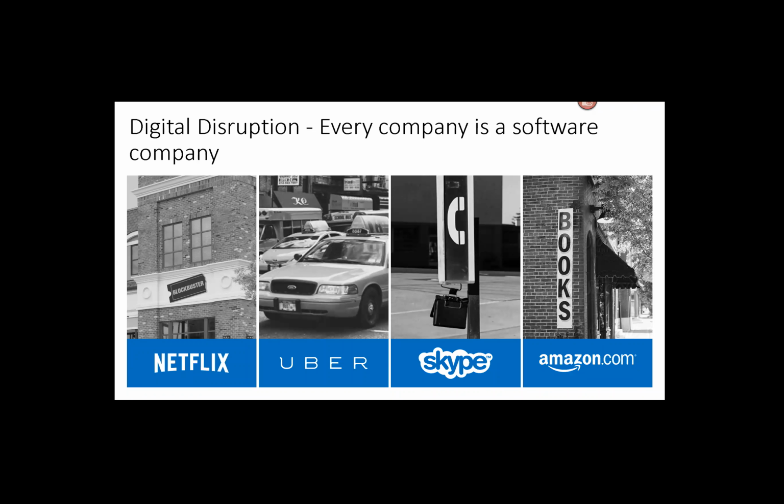Uber in mass transportation, Skype in communications, Amazon in retail, and Netflix in the media industry have caused this disruption.